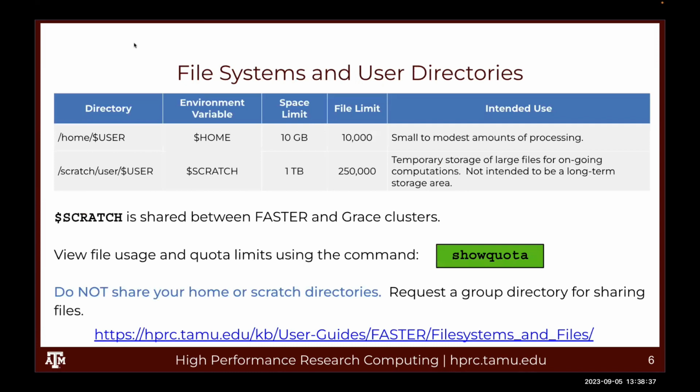So here's a little bit more about Faster and the clusters that we have here at HPRC. They'll be separated into two directories. We have our home and our scratch directory. Whenever you sign in, you're going to be in the home directory as a default, and you can navigate over to your scratch directory. Your home should not be where you install large files or create mass amounts of data,